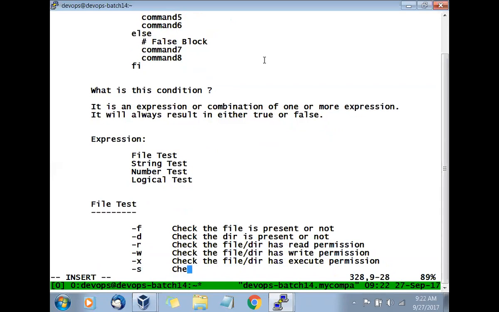And -s, check the file size is more than 0 bytes or not.